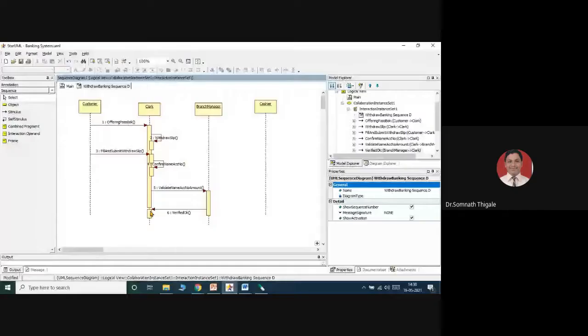Name, account number, etc. Okay, and after this validation, the branch manager returns back to validate. So it is verified, okay. After it is verified,